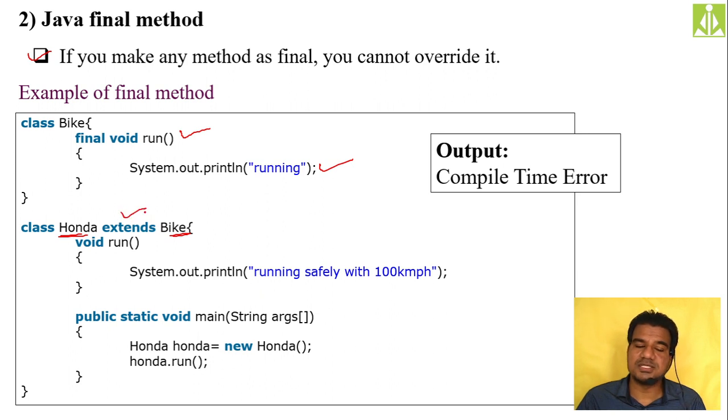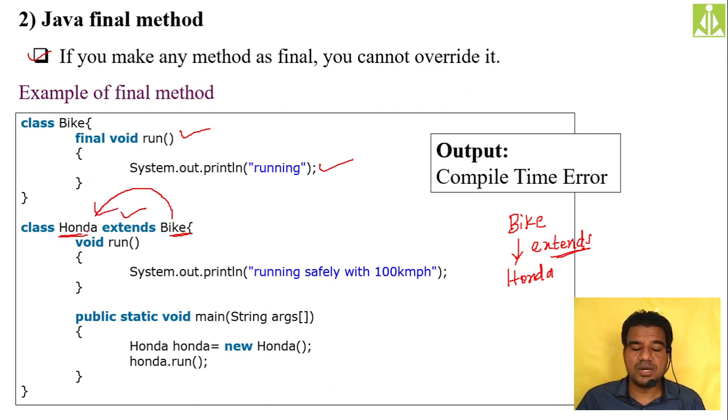This extends is a keyword to inherit. In order to inherit Honda from the already existing bike class, we use the extends keyword.